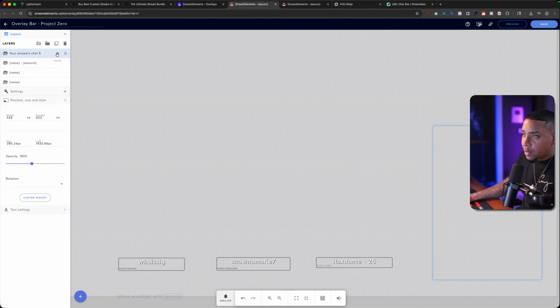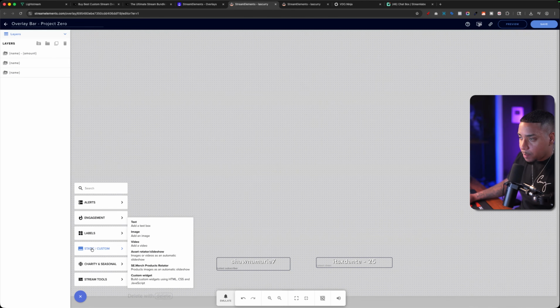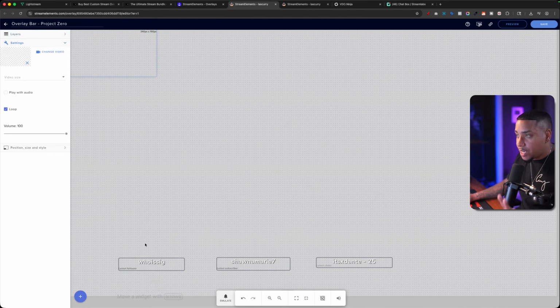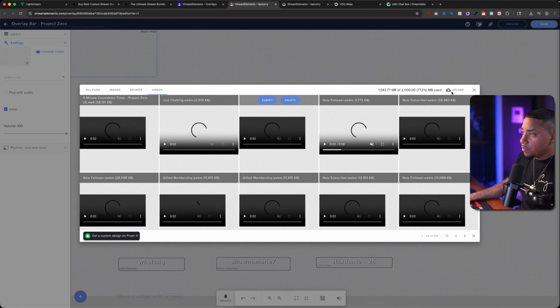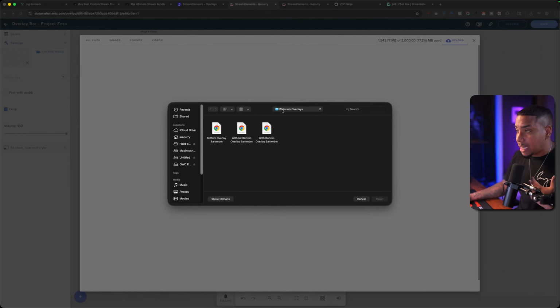We can then come here and delete the actual chat as well. Unless you want to keep chat, you can go ahead and keep chat if you want to use chat on your gameplay scene, but I'm not going to use it. I'm going to go ahead and remove it there. And now what we want to do is when it's a plus icon, we'll come here to say static icon. We'll select video. We'll change the video, click upload, select file,